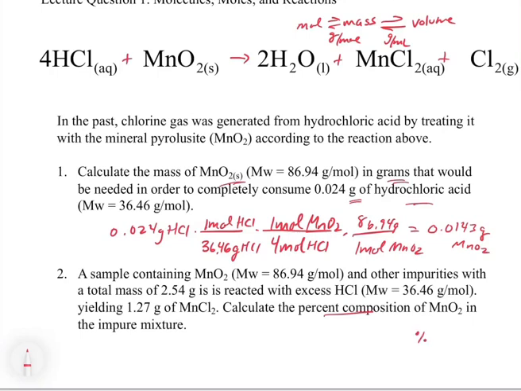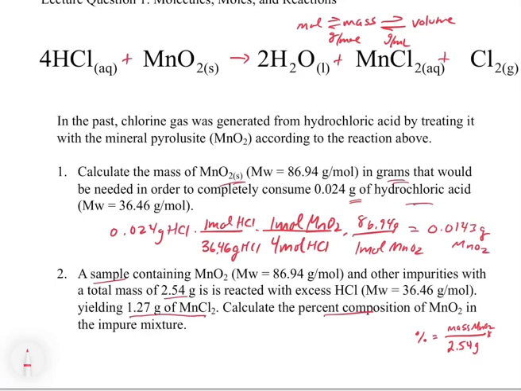If we want to do a percent composition, we have the mass of whatever we're interested in divided by the total mass times 100. The whole thing weighs 2.54 grams, so we're going to throw that in on the bottom. We want to know what percentage of this thing is MnO2, so what we need up top is the mass of MnO2 out of that total mass of 2.54 grams. The sample is reacted with excess HCl, so we figure out how much MnO2 is in it from the amount of product that we make. So it yields